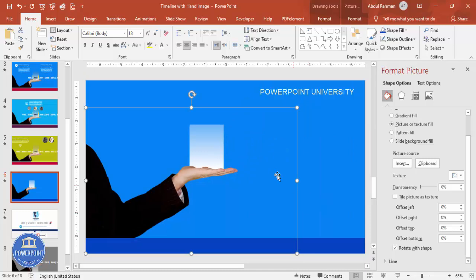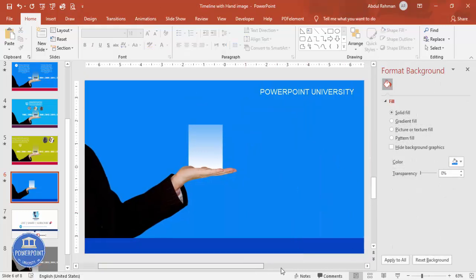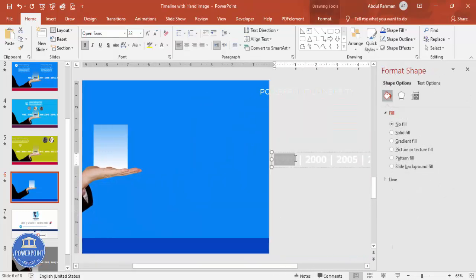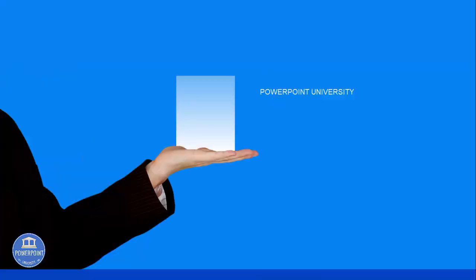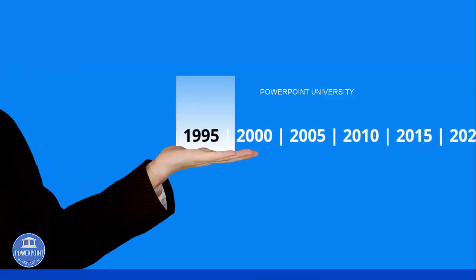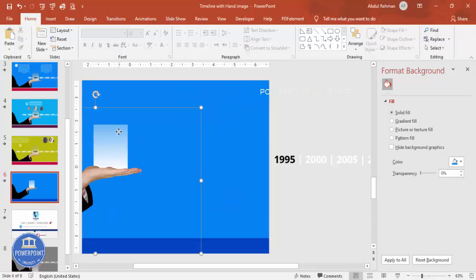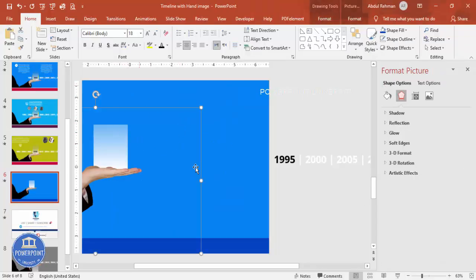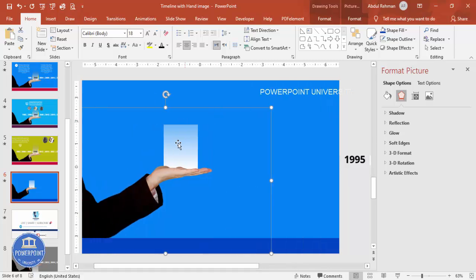So if you want, you can just change the color of this year only, 1995, to maybe a black or any other color of your choice. So if I play now, you can see here it is visible now, the 1995. Let me just move this one. See, I cannot select because here the system is not allowing me to select, because it has gone beyond this, the back side of this image, for example.